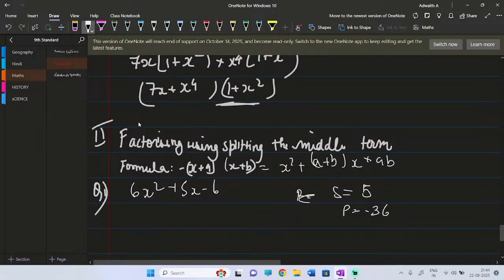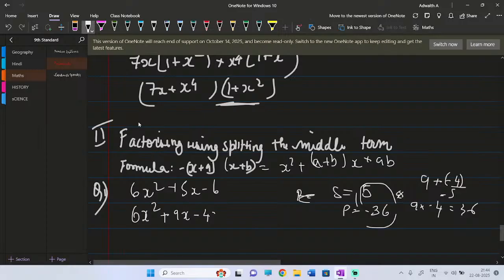So you have to get the sum. 9 plus minus 4, you will get 5, right? And 9 into minus 4 gives minus 36. So 9 and minus 4 we will write: 6x square plus 9x minus 4x minus 6. So what you write is sum as 5, product as minus 36, and you just put